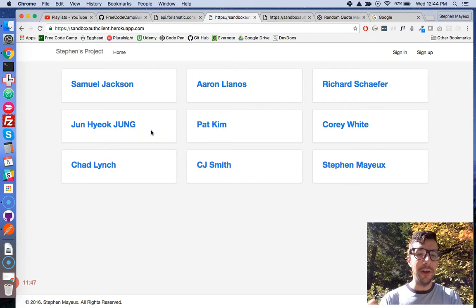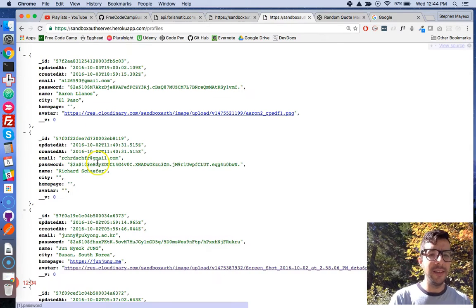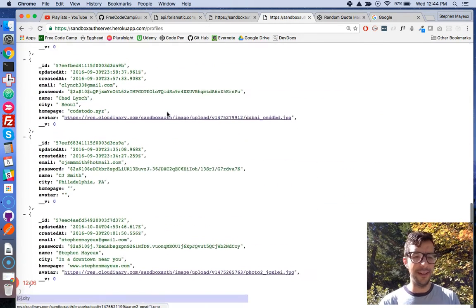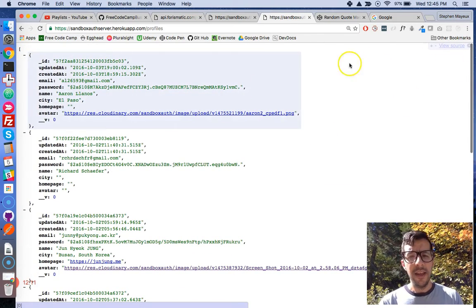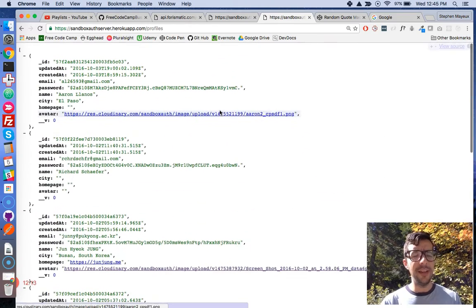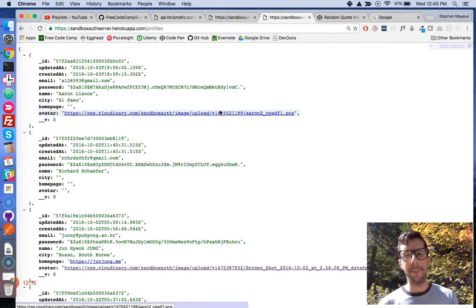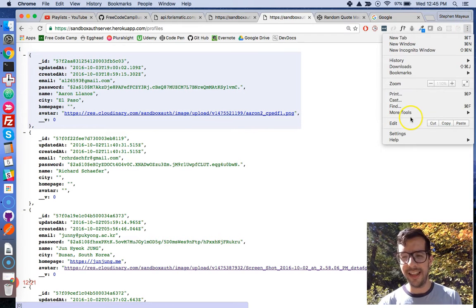So when this page loads, it's making a GET request to my server that hosts all of these profiles, and then my server has been configured to respond with this profile information. So if you go to it, this is all of the profile information, and it is an array of objects. Right now what you see is the JSON data, and it looks really, really good. Normally, out of the box, it's not going to look that good.